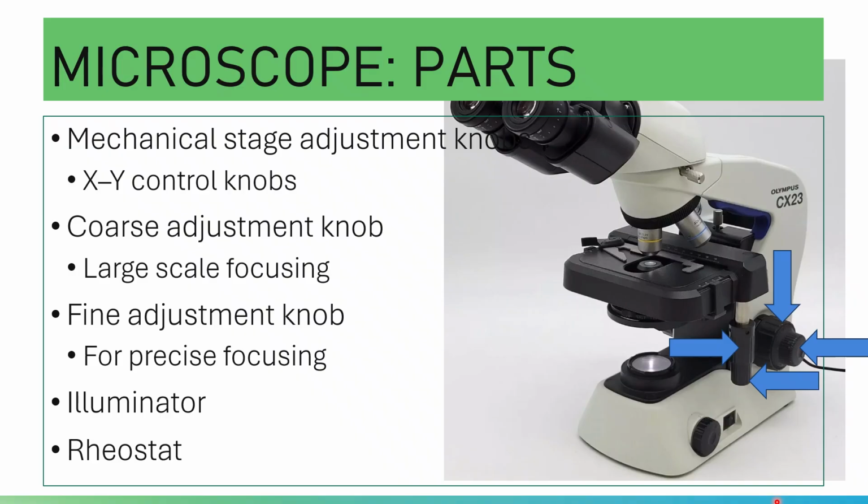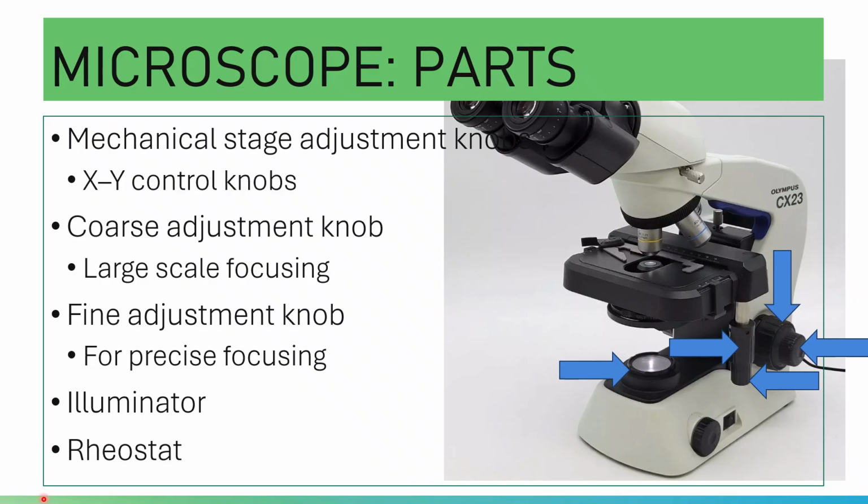Okay, and then you have the illuminator. The illuminator, or the light source, is usually an LED for the modern ones, a light emitting diode, or for older microscopes, a halogen bulb, or for your non-electric microscope, you use the mirror. Anyway, that is for your illuminator.